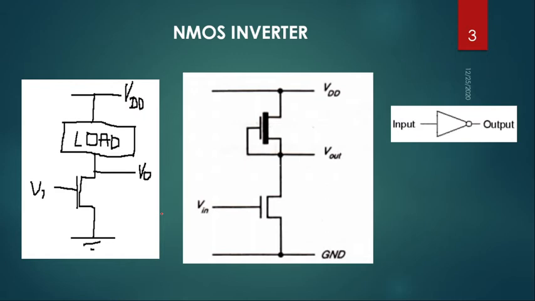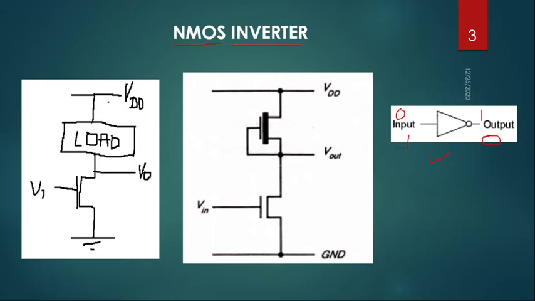So first of all, what is an NMOS inverter? See, an inverter is always an inverter, whether it is resistive load, NMOS, or CMOS; it will always behave as an inverter. That means whenever the input 0 is given, the output should be 1, and whenever the input 1 is given, the output should be 0. So if we look upon the basic structure of any NMOS inverter, NMOS inverter means the transistors in the inverter circuit should be NMOS only, and this is the basic diagram.